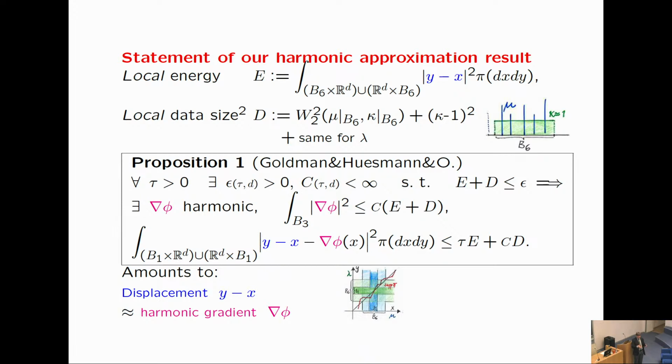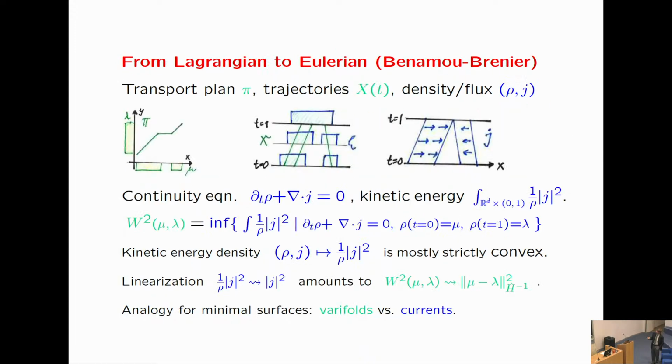The displacement is close to a gradient of a harmonic function if you're in this small epsilon regime. That's really the core result of what we're doing. And now here comes a little bit of fake mechanics. The way we prove it is not in the Lagrangian picture, not in the particle picture, but in the so-called Eulerian or dynamical picture, the dynamical formulation of optimal transportation, which was formulated by Yann Brenier and Jean-David Benamou, which I guess some of you are familiar with,